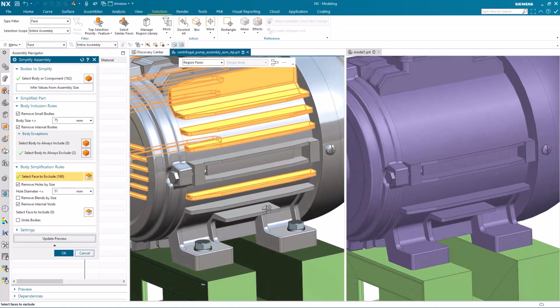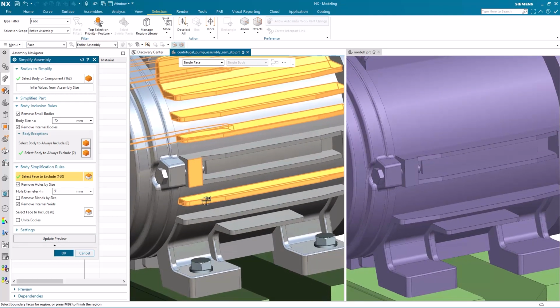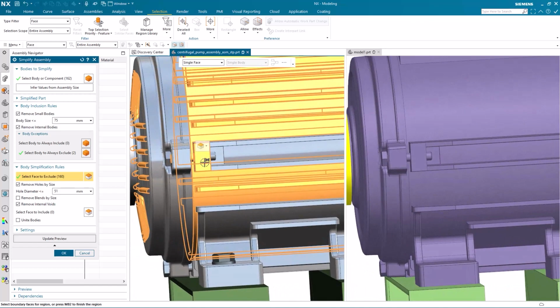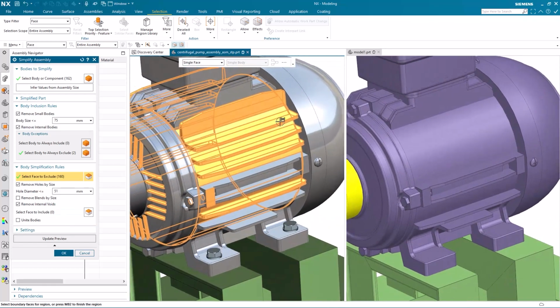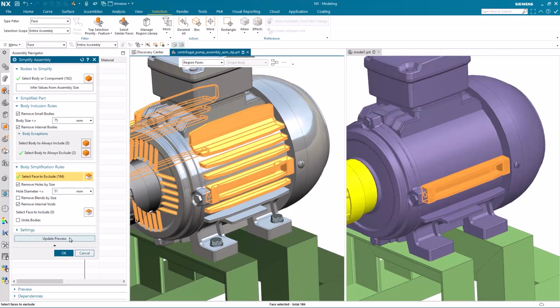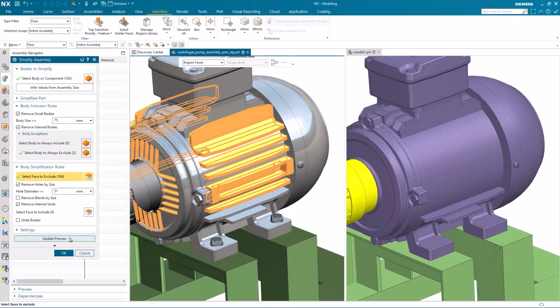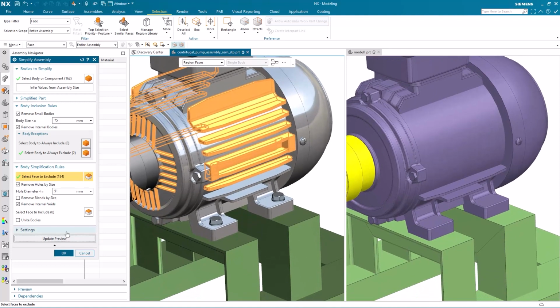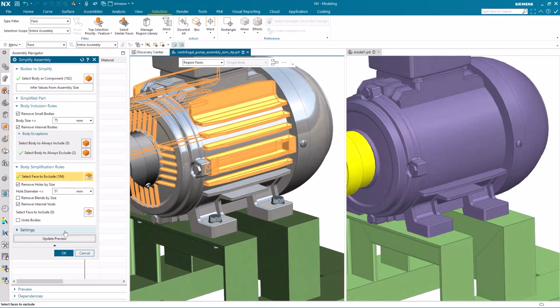There's one more. Pick up on that face there. That is a boundary face. That is a boundary face. It finds that area. Update the preview, and that's been removed. So that's the simplification done.